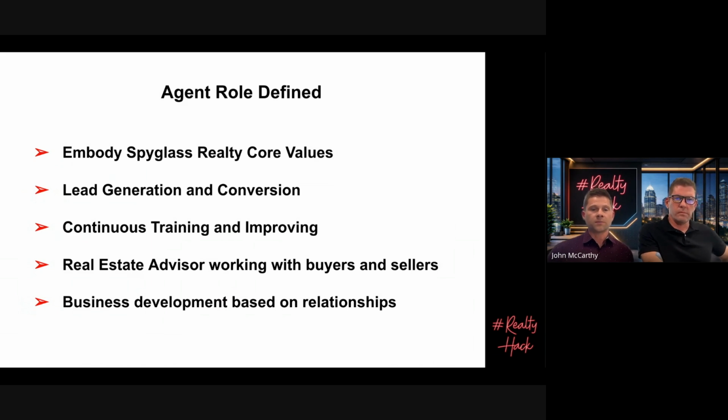This is what I go through in a little bit more detail with the agents. I go through the core values. I go through the mission statement. I go through the agent role defined. I go through the flywheel and I say, great, here it is. If you feel that we're aligned, you're going to like it here. If you go 90 days and you don't align with these things, we're going to tell, and you're not going to be doing much business, and we're going to feel it, and you're going to feel it, and you'll probably just go somewhere else, right?